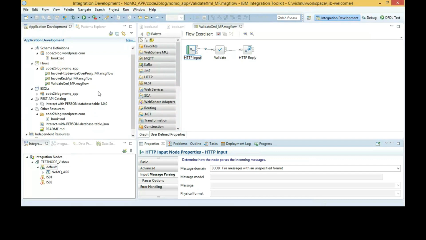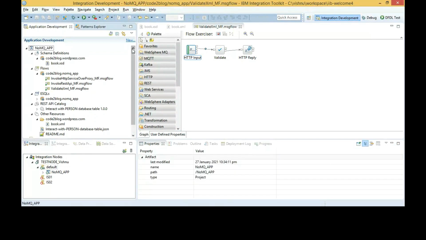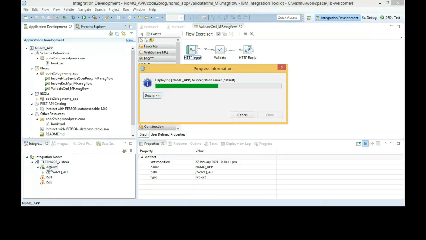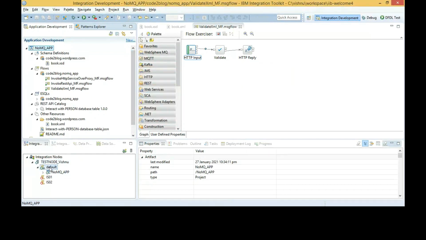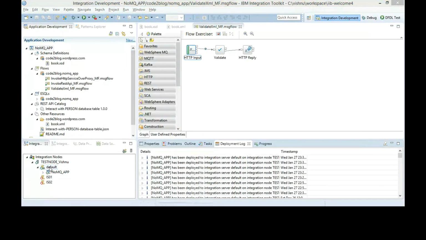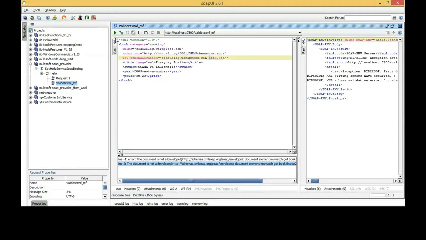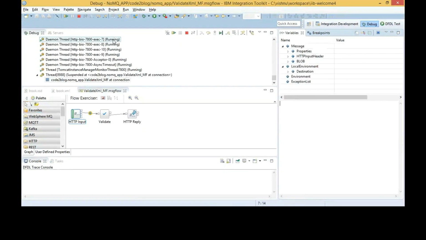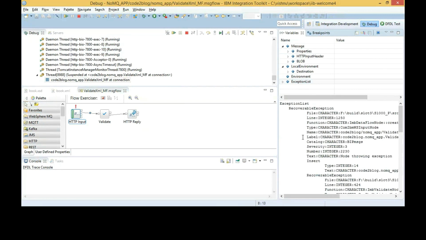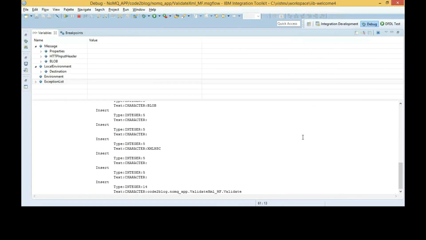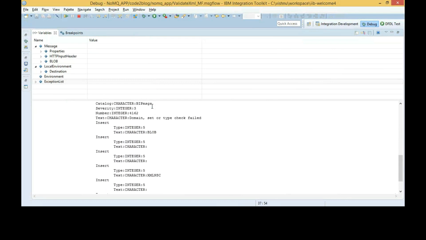I'll try a few more combinations of blob and XML. You see the same error as before.